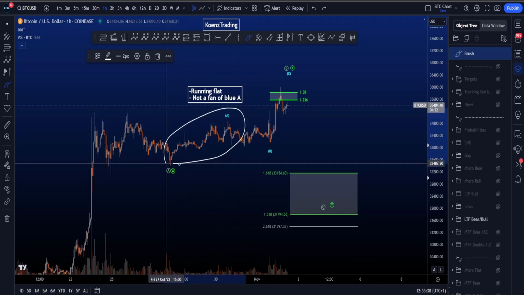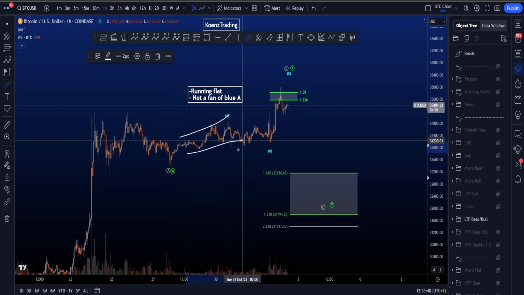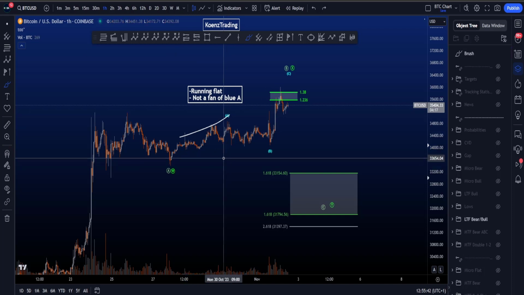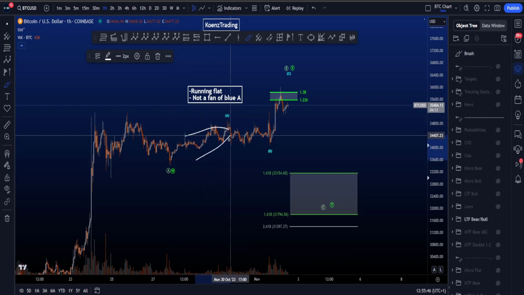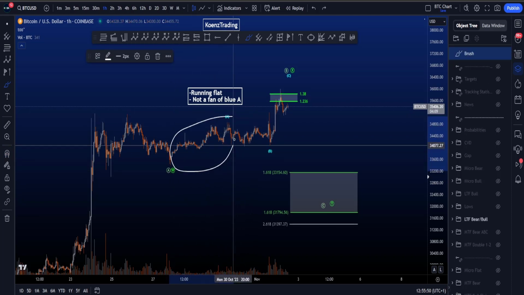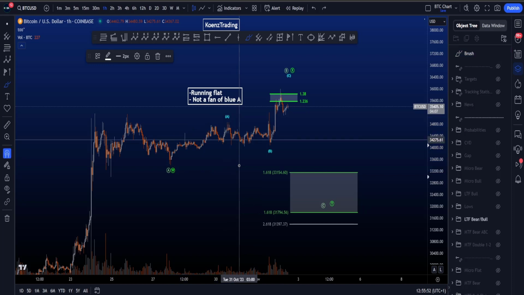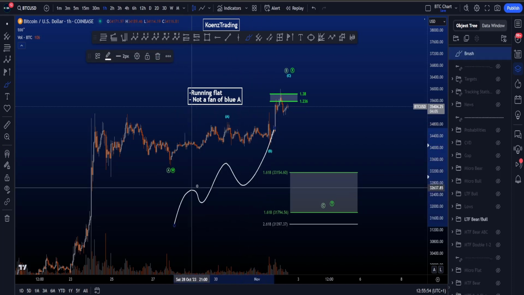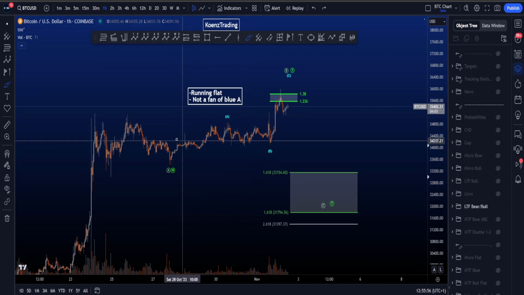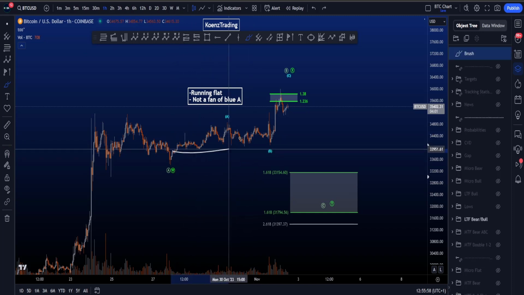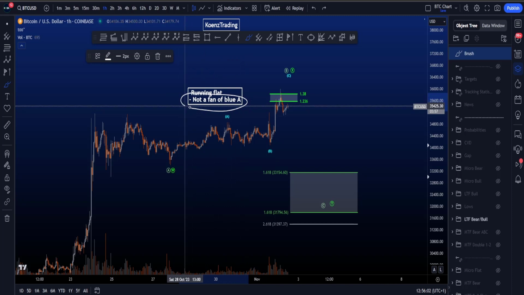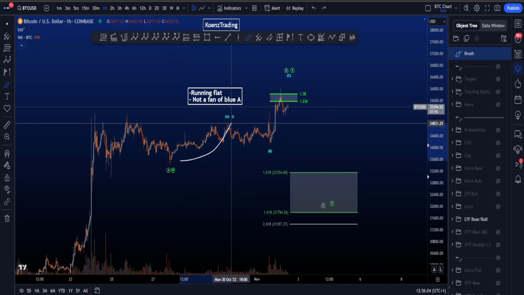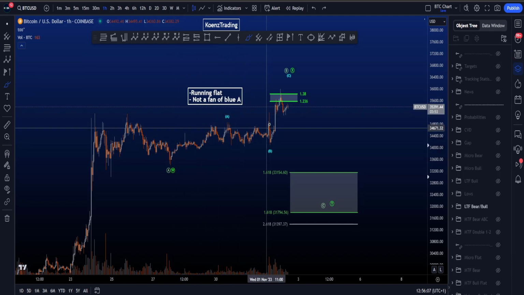And this wave A is a bit sketchy because an expanding diagonal doesn't really work because 3 is shorter than 1, but also in a contracting diagonal, wave 4 over here is too deep. So counting this move to the upside as an impulsive structure, either of course a regular impulse, but that's not the case, wave 1 and 4 are not allowed to overlap, but also diagonals do not really work over here. So that is why I'm not a big fan of this blue wave A over here,